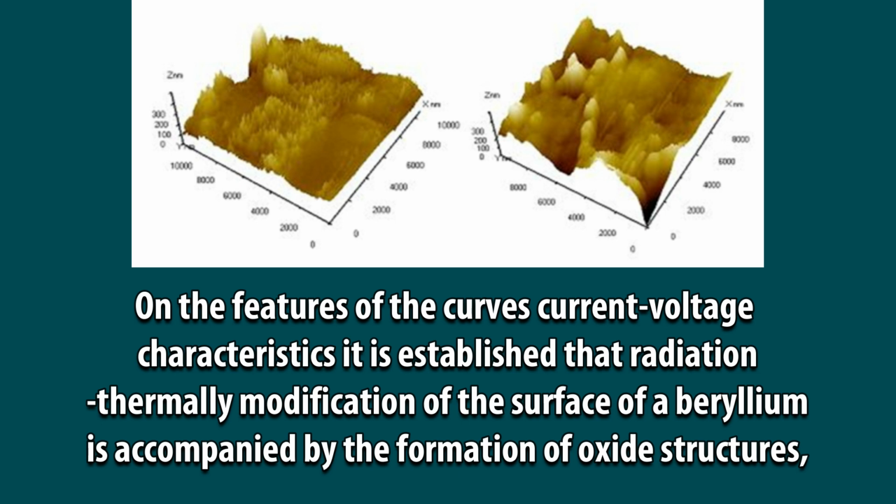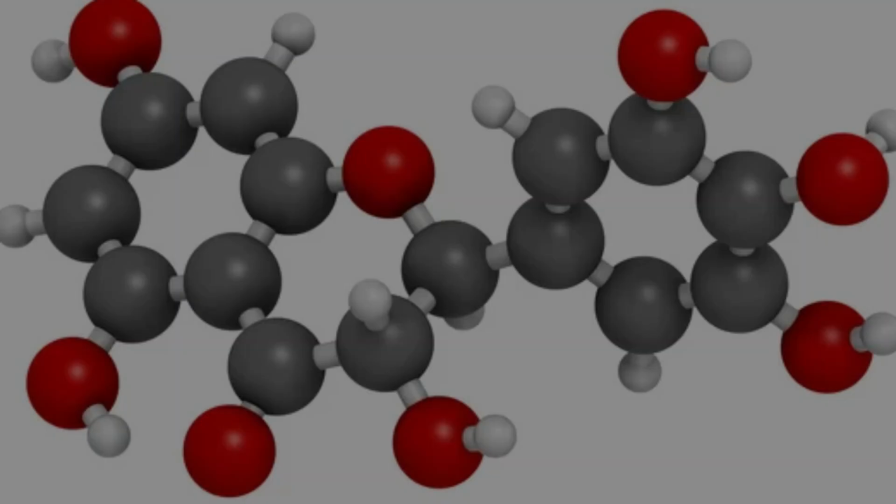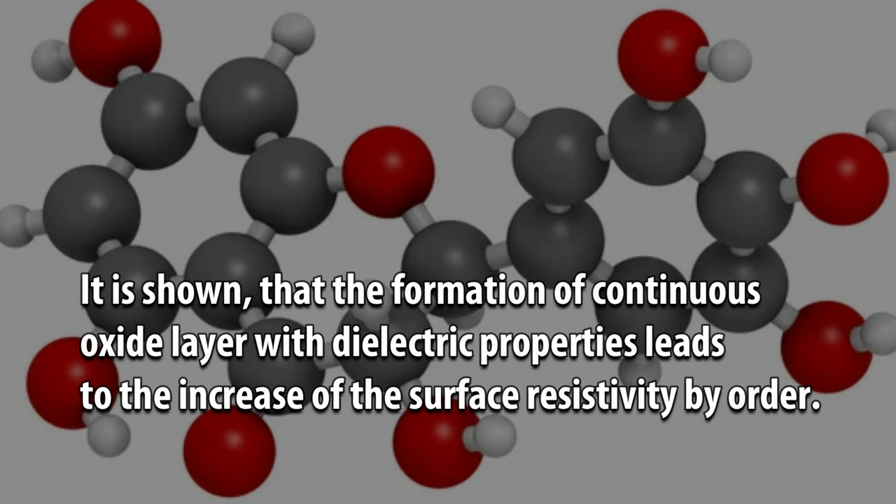beryllium is accompanied by the formation of oxide structures, defects of which are determined by the temperature and time of irradiation. It is shown that the formation of a continuous oxide layer with dielectric properties leads to an increase of the